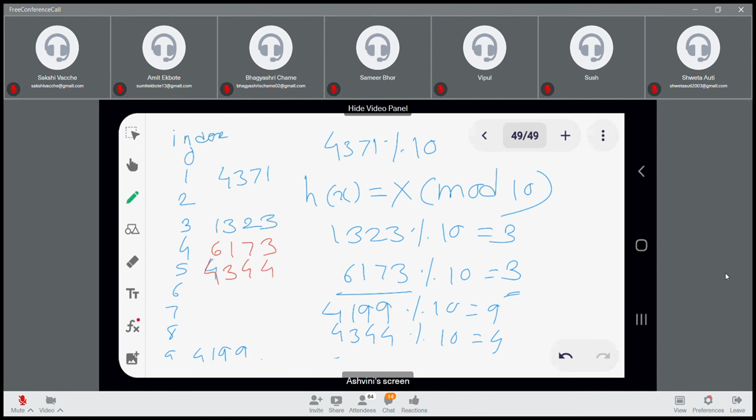We are using linear probing technique. We are not using replacement technique, with replacement, without replacement, and nothing. We are just checking the next empty position and we are placing the element, your key, at that index. It is a simple thing. Okay. Now after 4344, your next number is,